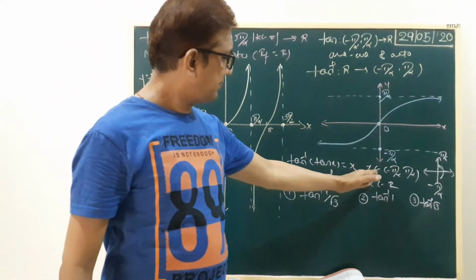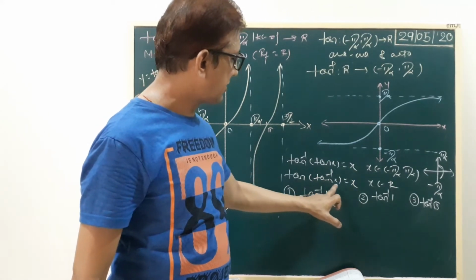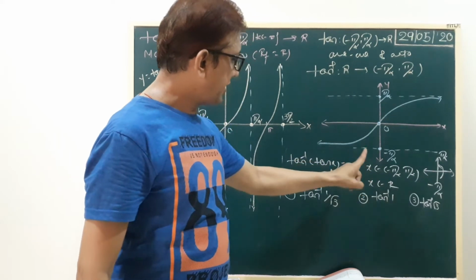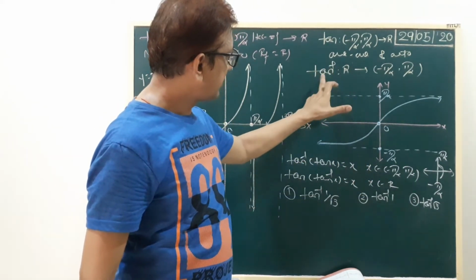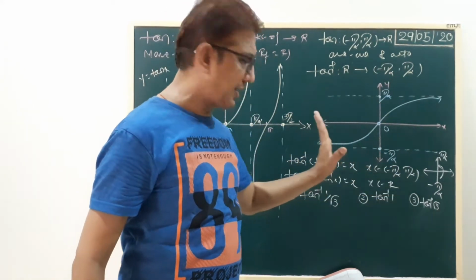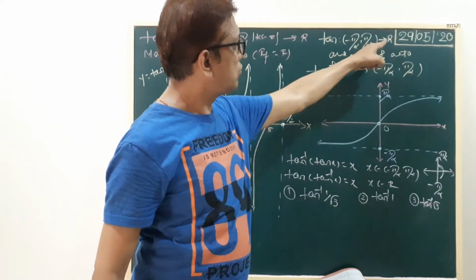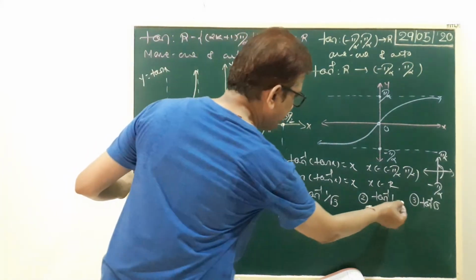Discuss the tan sum. Tan inverse tan x equals x, and tan of tan inverse x equals x, where x belongs to this one. Here we always check the tan inverse range. Tan inverse range is this one. So the answer is always in the range or codomain. Here, with the function tan outside, the answer always belongs to the tan function range. Be clear?